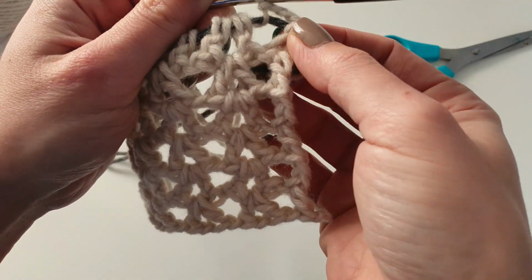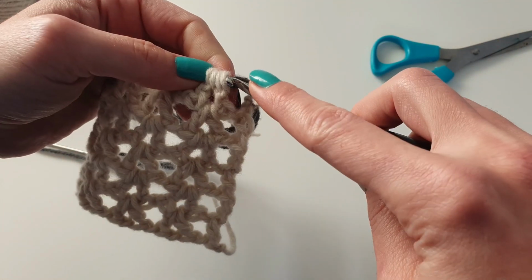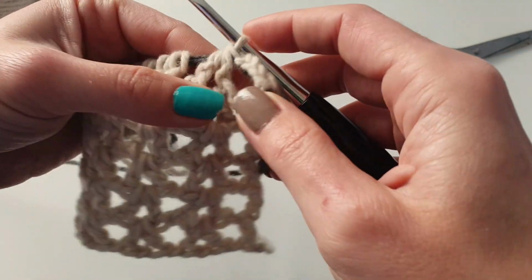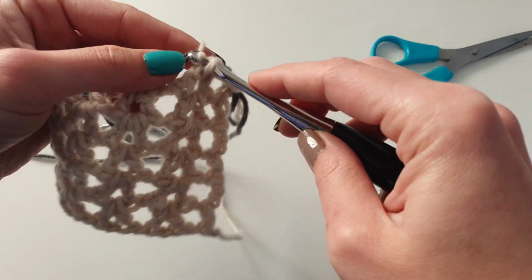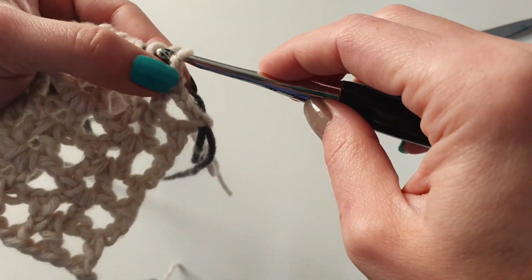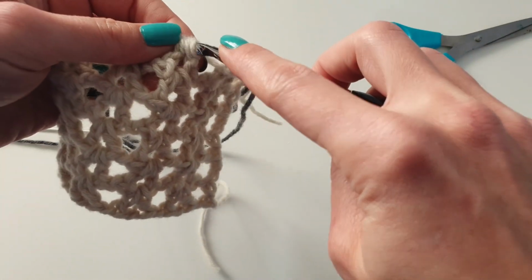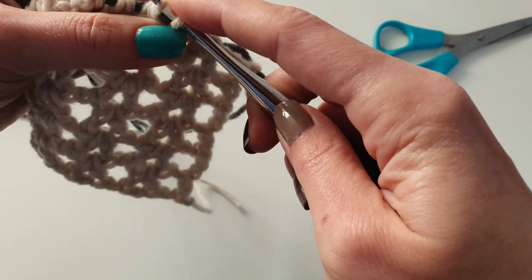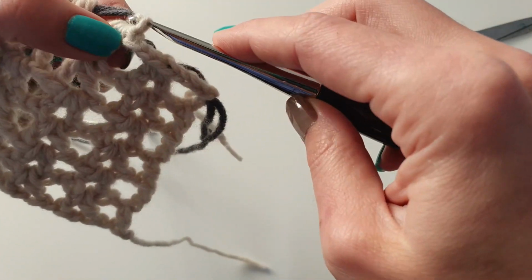And now, okay, so I have the first stitch, for which I made 1 slip stitch and 3 more. And now you have to insert the hook through all the loops, so through the V-stitch that you have, and make a slip stitch. Then again another 3 slip stitches to the next V-stitch that you have, and then again we are doing a slip stitch through all the loops of the next V-stitch, and again 3